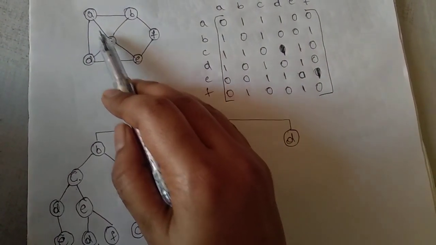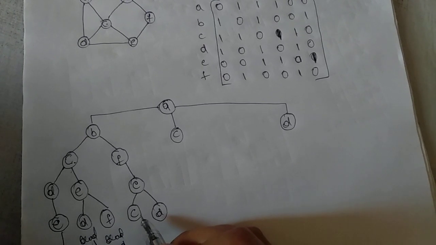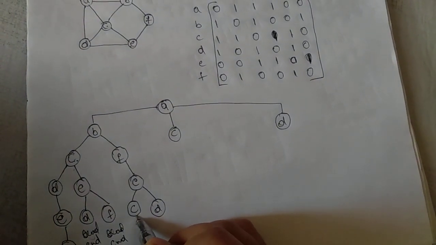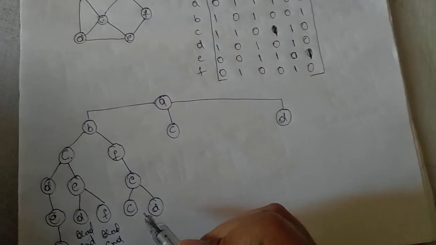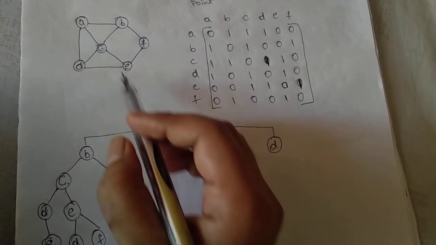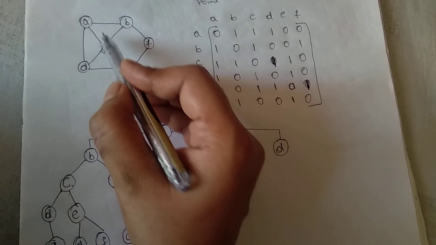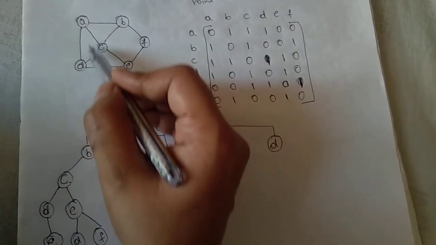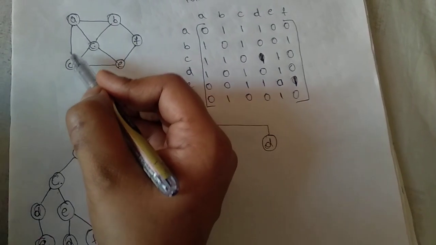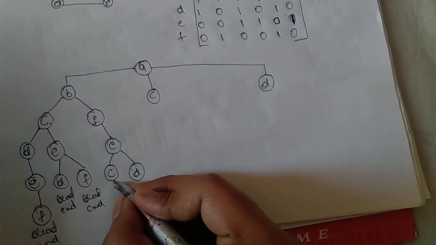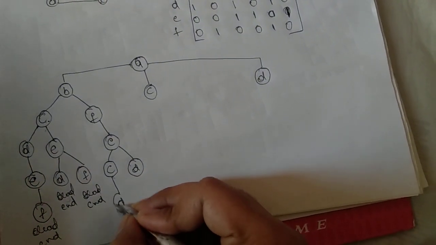Okay. Next, from C, you can go to A. See, here A, why I am taking, means all the vertices are present here. Okay. See, here from C, I can go to A or I can go to D. Here, this is the source vertex, so I cannot directly go to A. First, I'll come to D and then I'll go to A. Then it will become a complete cycle.